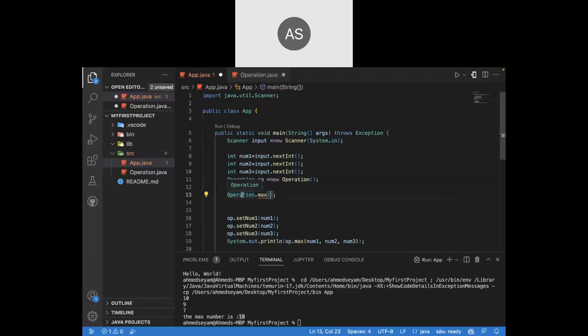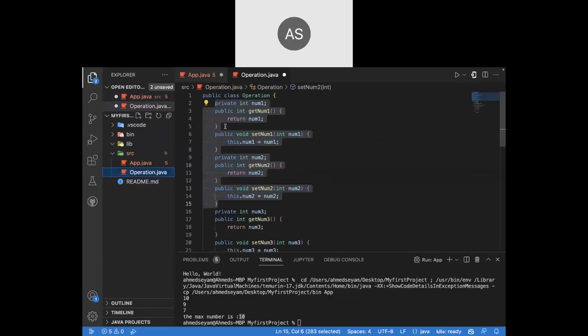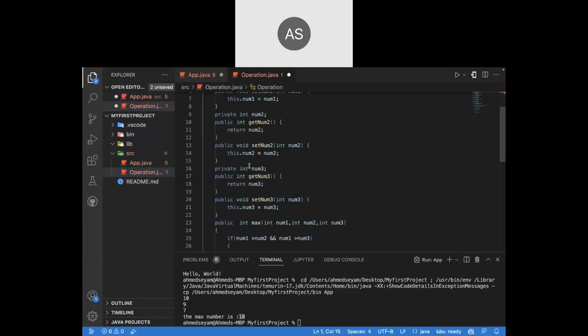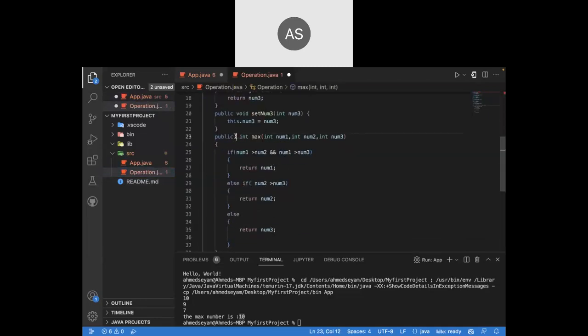Yes, you can. You can call your class directly without instantiating an object. How can I do that? By adding a static keyword before the class. You can add public static class operation, but you have to define the method also as static, because